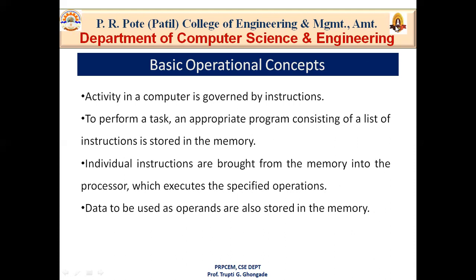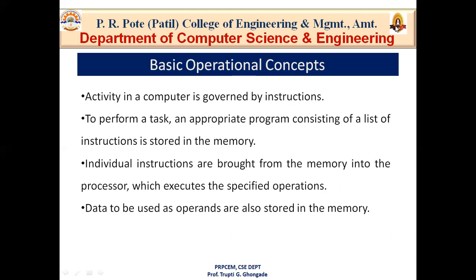So the first step is that the processor has to fetch the instruction from memory. Once it has been fetched, it has to be decoded. What is meant by decoding? Decoding doesn't mean converting the instruction into binary form. Decoding means understanding the binary pattern. What does it signify? So once it is decoded, your instruction will be executed.